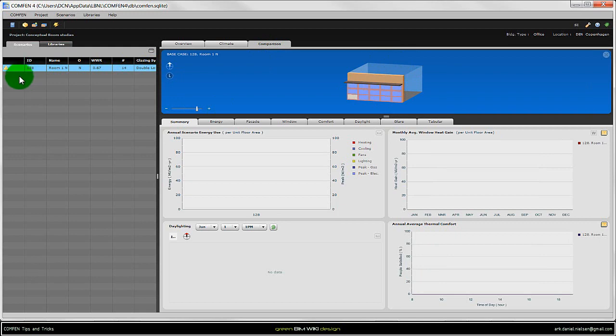Typically you want to create more than just one scenario to compare them. That's one of the strengths of COMFEN. So that would be the next step, creating more scenarios, and then simulating the different scenarios, and finally comparing the scenarios. Then you will have a better basis for taking a decision on which of the scenarios is most effective in relation to the energy need, thermal comfort, visual comfort,